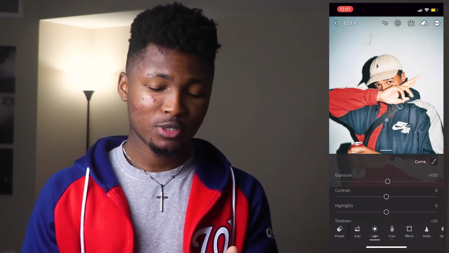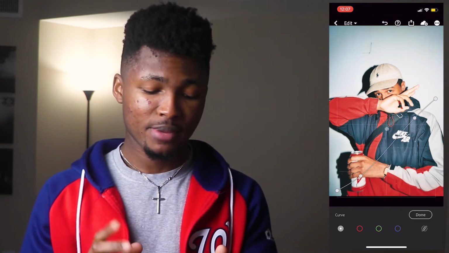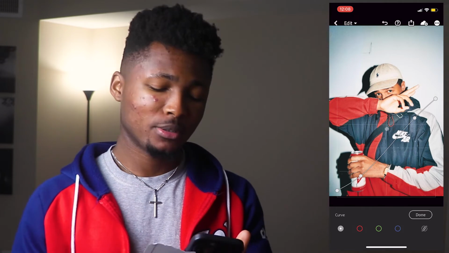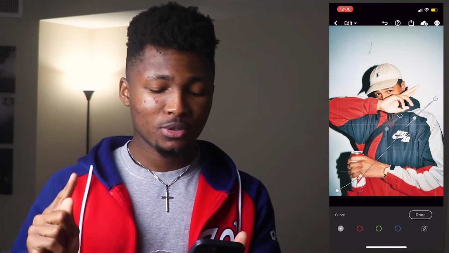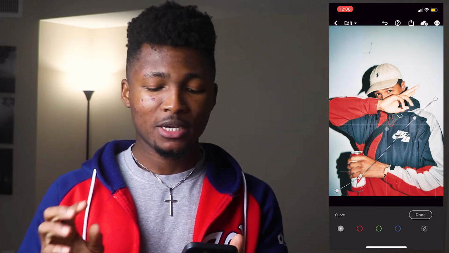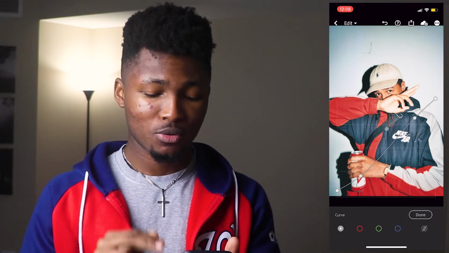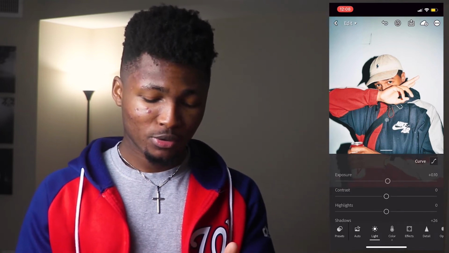Okay. Then we're going to move to the curve panel, and all you have to do is copy this curve that I've made. So you're just going to take the shadows up a little bit. You're going to move the blacks down slightly. You're going to move the whites up just a little bit, and you're going to leave the highlights where they are. So once you're done copying this curve, you click on done,